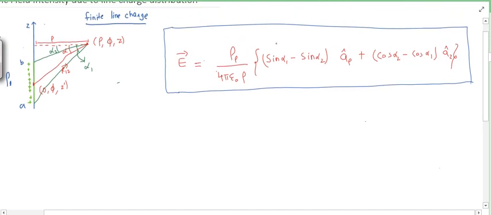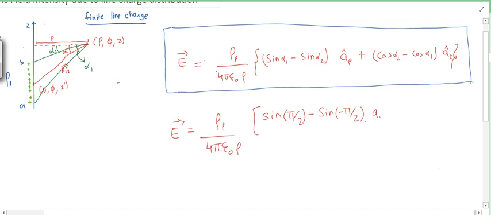So put the value of alpha 1 here. If I write E is equal to rho L by 4 pi epsilon naught rho, sin alpha 1 is, I have told you, I am taking alpha 1 as pi by 2 because at infinity it becomes pi by 2, and if the angle is on the upside I can take it as minus pi by 2. So put the value sin pi by 2 and minus sin alpha 2, which is minus pi by 2, a_rho cap,